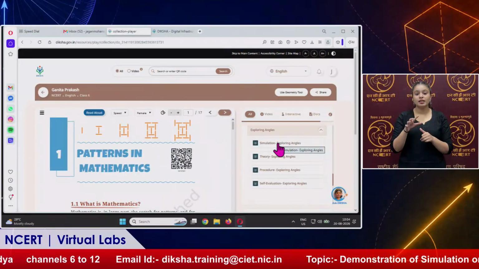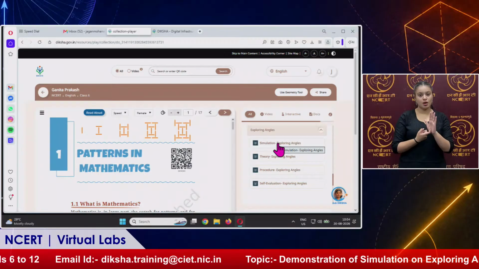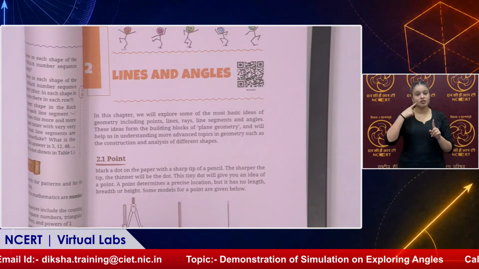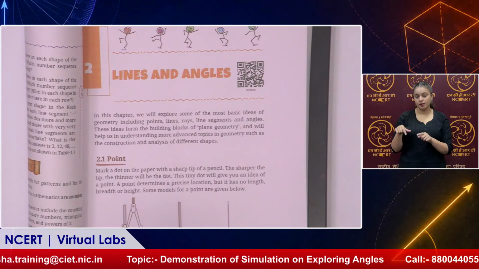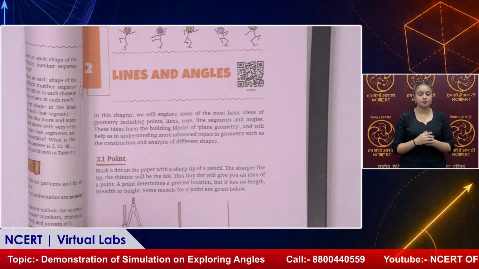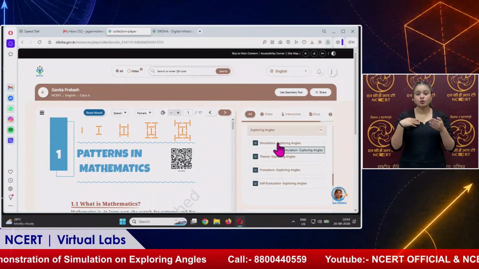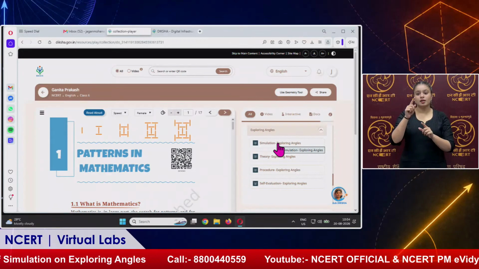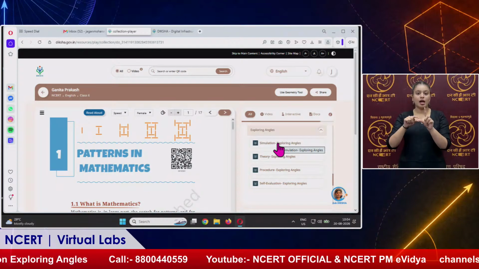Shall we go towards the demonstration part, sir? Sure, ma'am. First, I would like to show how to navigate this QR code with the help of the Diksha app. So you have a class 6 textbook here? Yes. I have a class 6 textbook, and now we are focusing on chapter 2, Lines and Angles. Now I will show the QR code, how to scan and how to navigate the